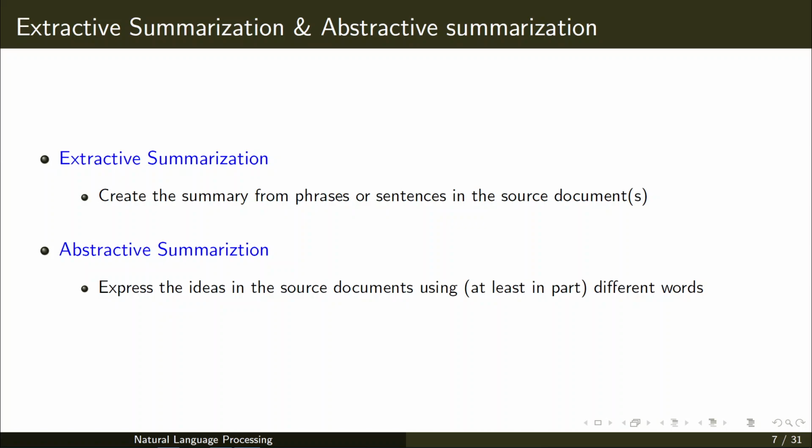Extractive summarization creates a summary of documents by using phrases or sentences from the same document. So in extractive summarization, the statements in the summary will be the same as those taken from the documents that we have searched for and used for summarization.